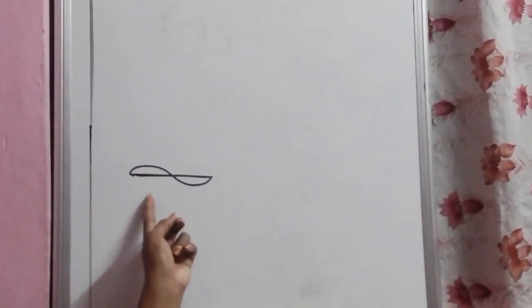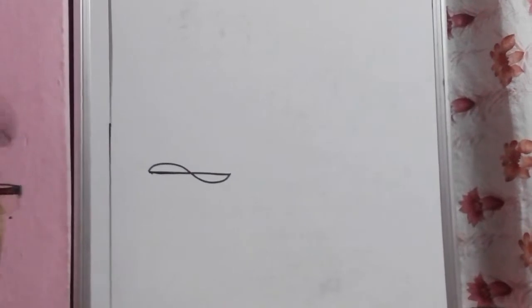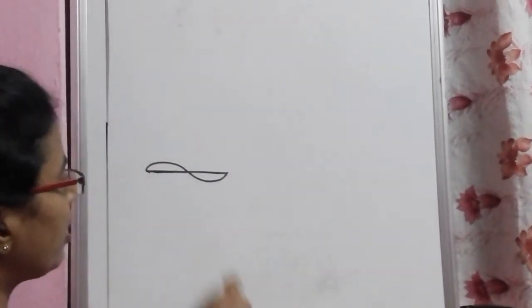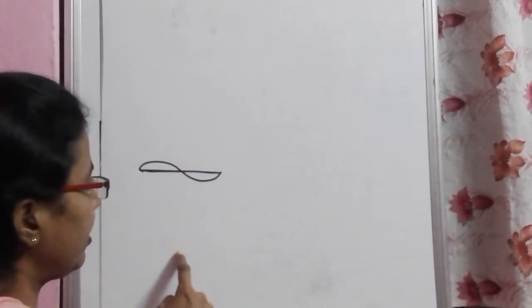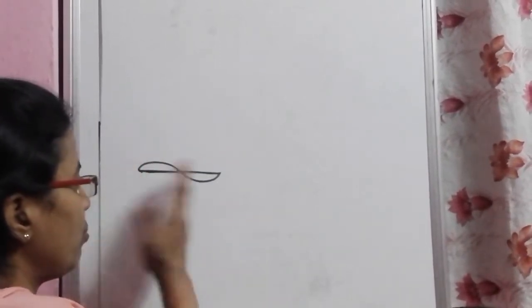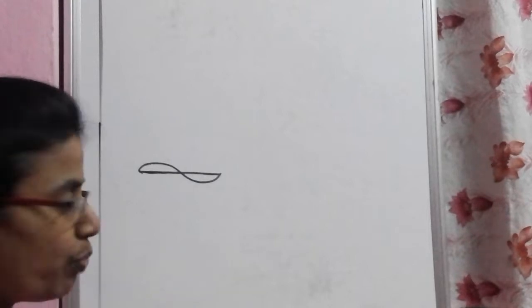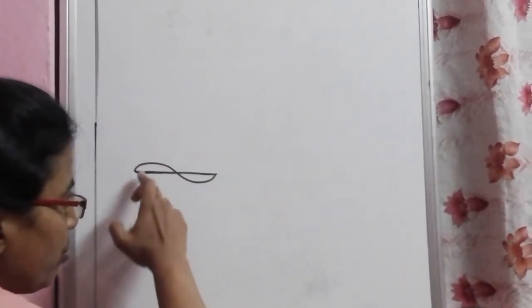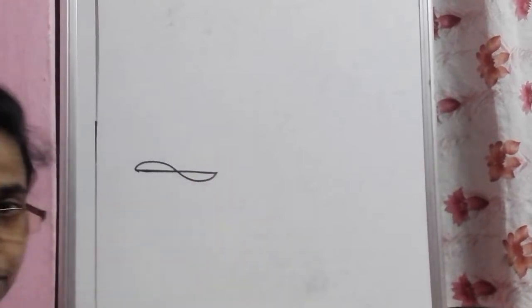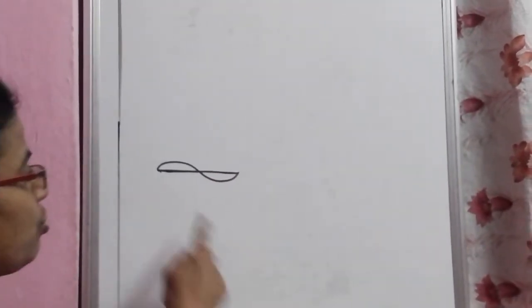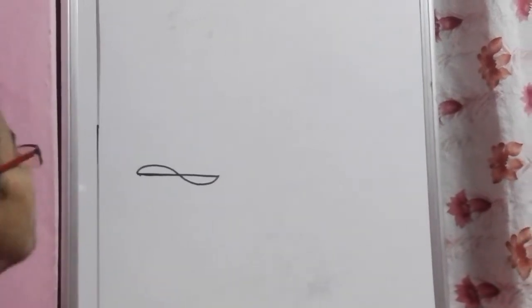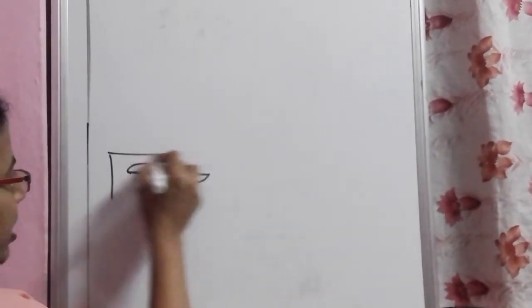So here there is a figure given. For this figure, what you have to do is draw the line of symmetry. If you draw a line like this, if you close the shape, it does not overlap. If you draw a line like this also, if you close this part and this part, it does not overlap. So there is no line symmetry for this, but we can try and find out the